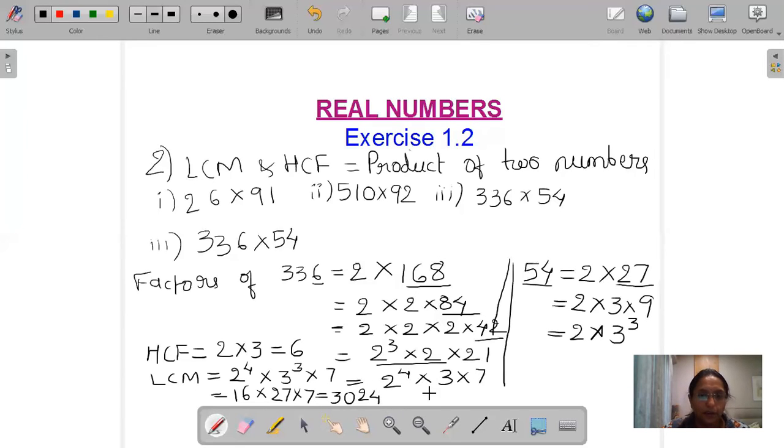You can multiply 6 into 3024, which is equal to 336 into 54. You can check this answer. What is the answer you will get? Just check that those will be equal. You can solve this example. You solve on your own. Next, the third question, that is